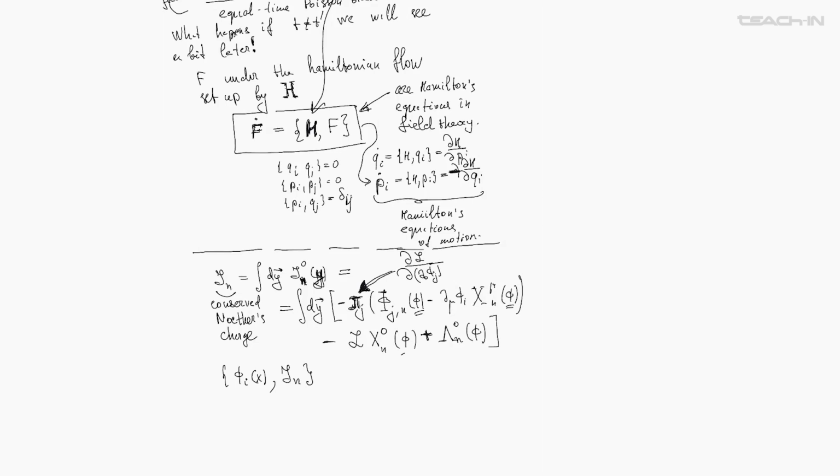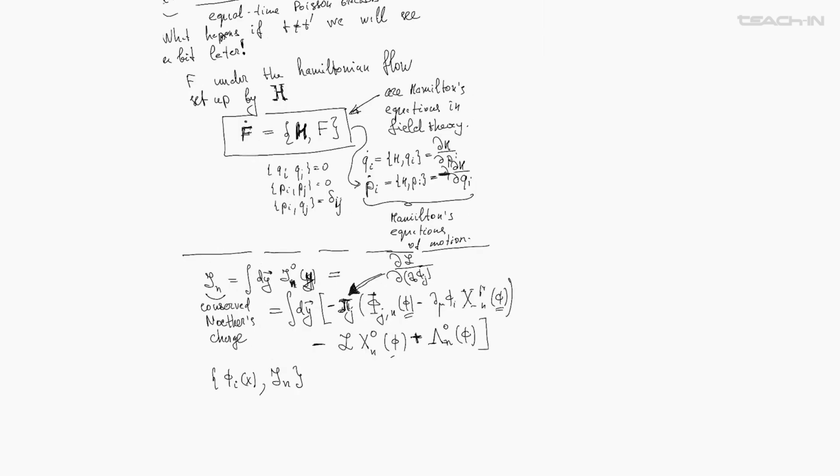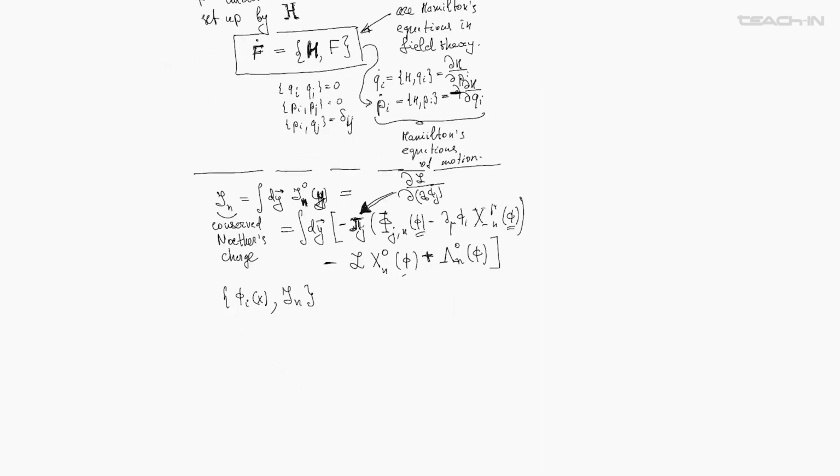And this we can easily compute. There's no problem to compute it because now we know these Poisson relations. We set up these Poisson relations, which we can use to explicitly compute this bracket. And let me just proceed and write what we will have. So what we will have is an integral with